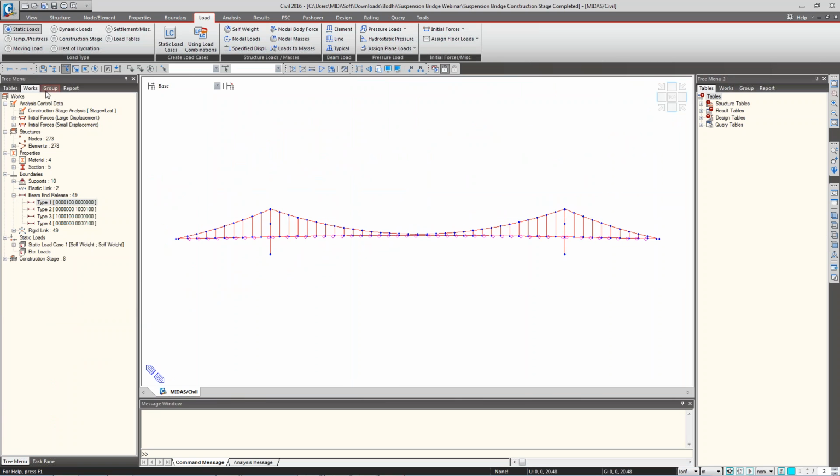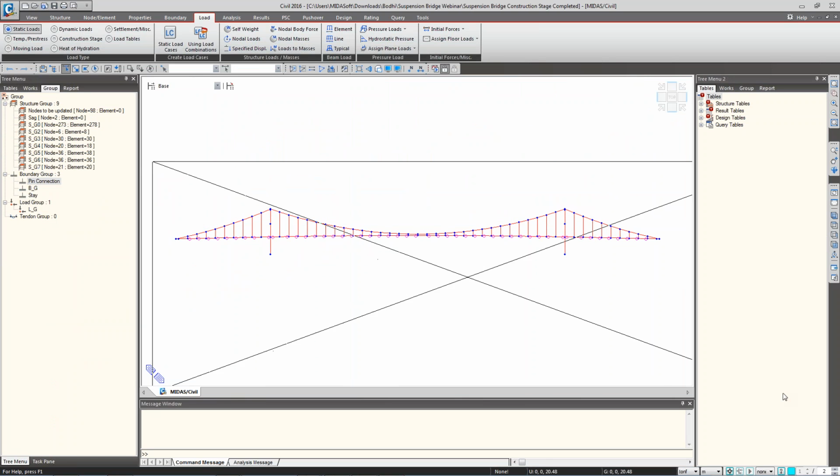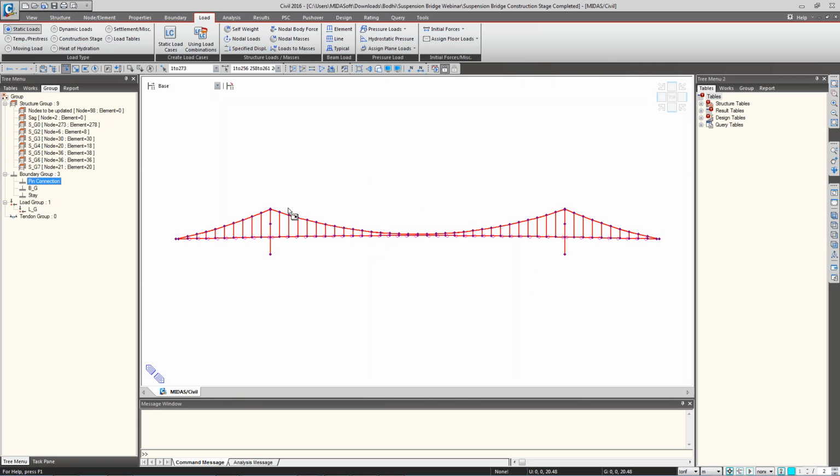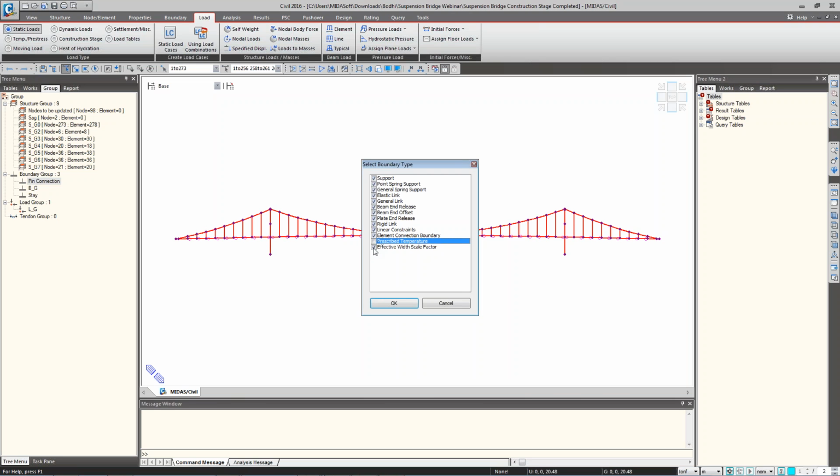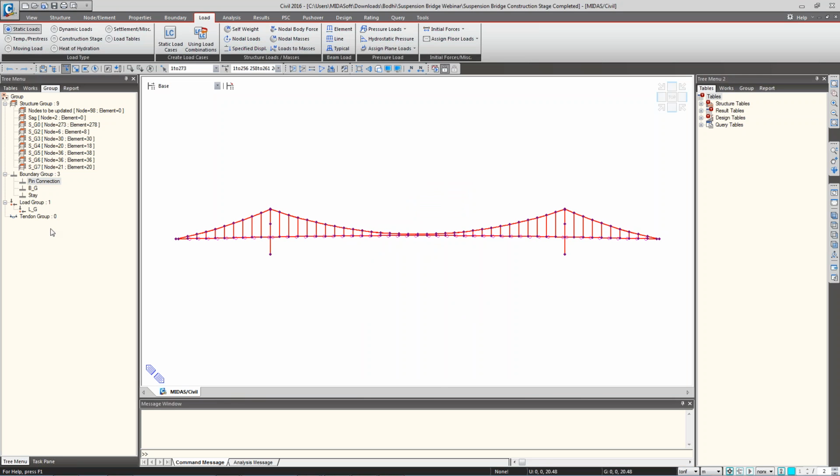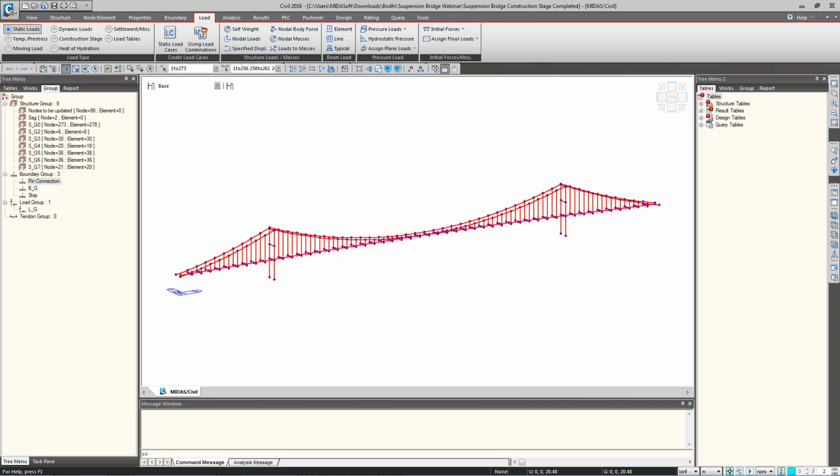So how do you define the group? You simply have to select the whole structure and drag and drop onto pin connections. Just uncheck all the other load cases except beam end release. So it will choose all the beam end releases that you have done in the pin connection group. Once you have given the groups and other things inside,